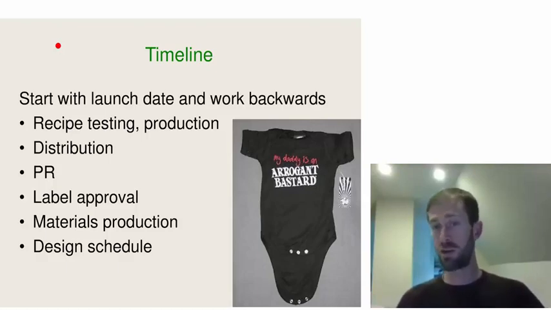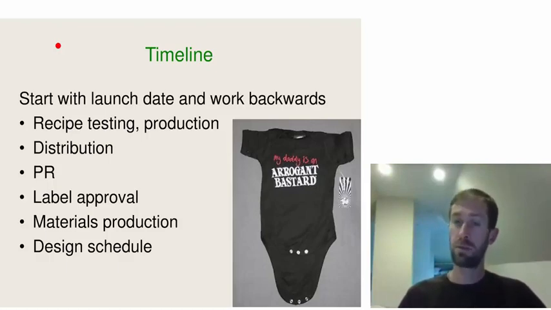How do you feed your distribution partners to make sure that on that launch date they have all of the product they need in order to stock the shelves in the grocery stores and the pubs and tap rooms and things like that around? If you're launching and you want to have beer blogs and newspaper articles written up about your new product, then you need to make sure that your PR is ready to go, say, a week or so ahead of time,